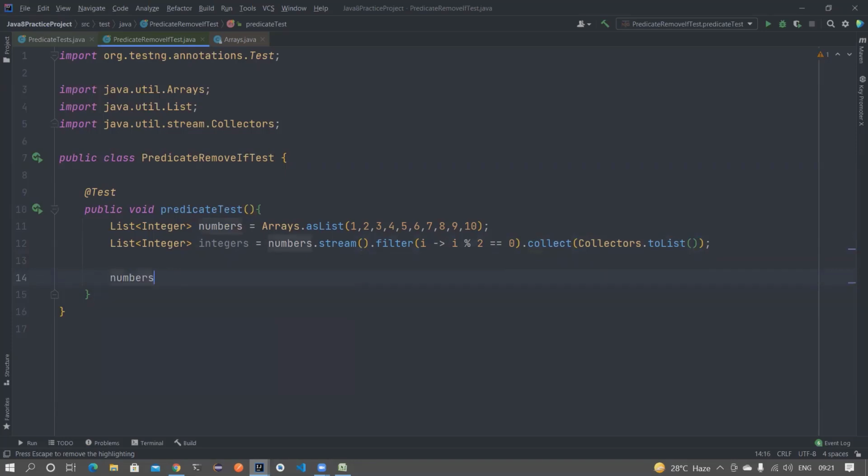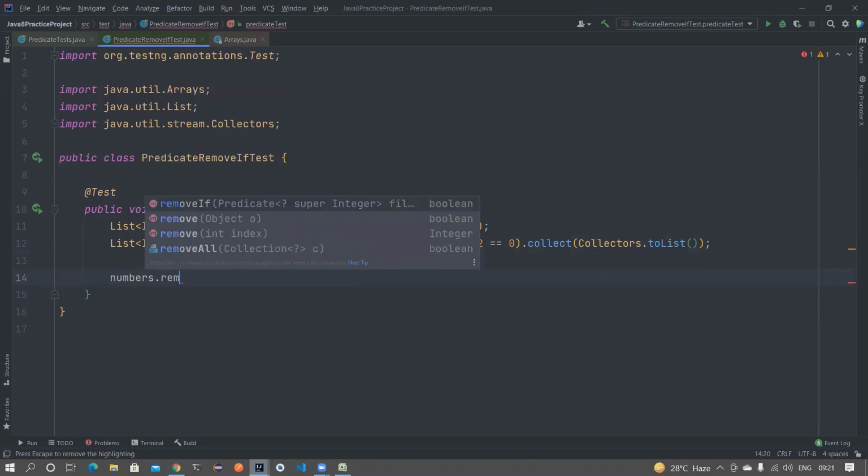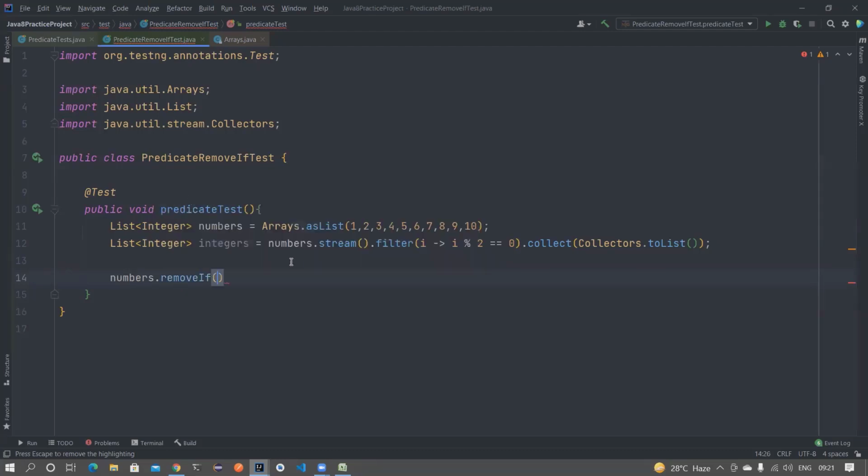So let's say you have the removeIf method. If you notice, this removeIf method accepts a predicate of integer type. So you tell me what is the condition you want to apply, and I'll apply that condition and remove all the elements that match it. That's the purpose of the removeIf method. We are not using all these methods because we don't know what a predicate is, and this is the reason why I have created the Java 8 playlist, so that you understand what a predicate is and can leverage all these methods already created by Java developers.